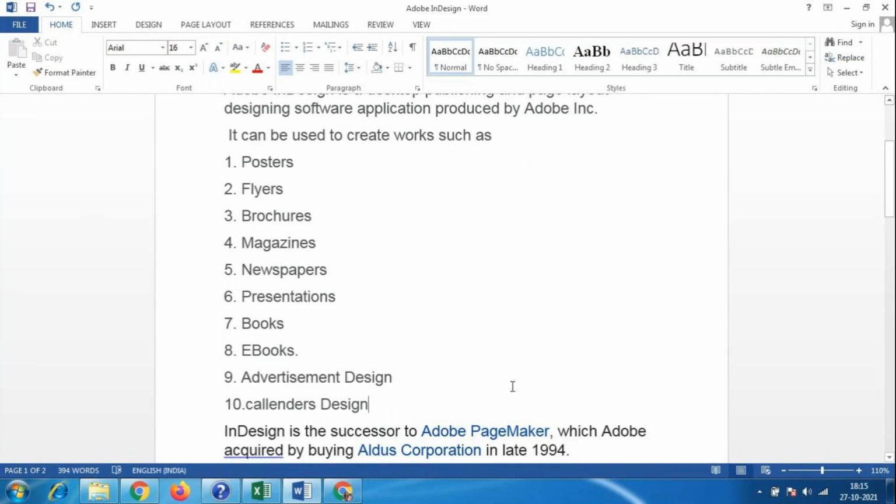Can anybody tell me? Manual book, ma'am. Manual book means what? Like for electronic devices, they give a manual guide. Okay, so those things come under the book designs.